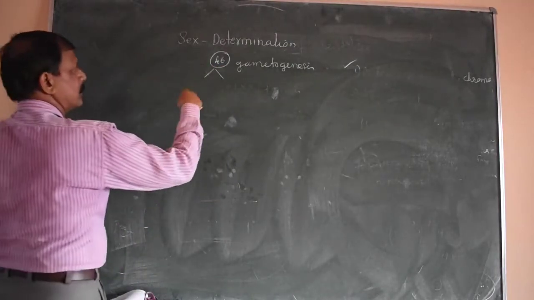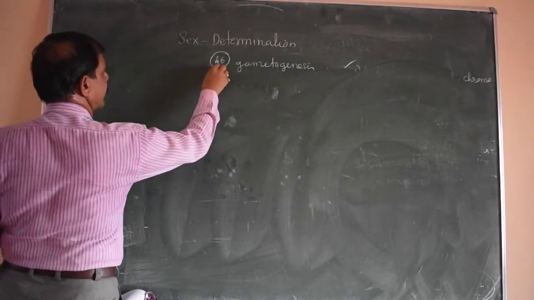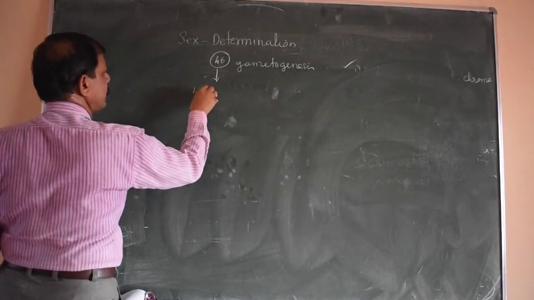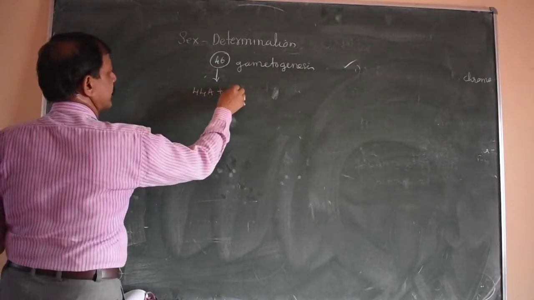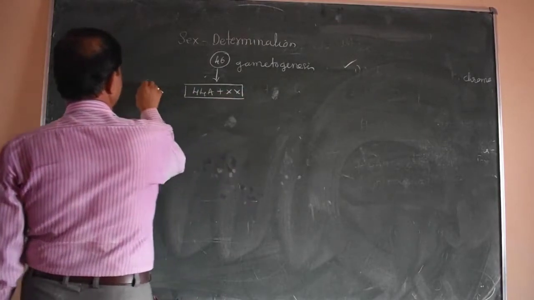First of all I have to write the nuclear karyotype: 44A plus X, and this is of female,